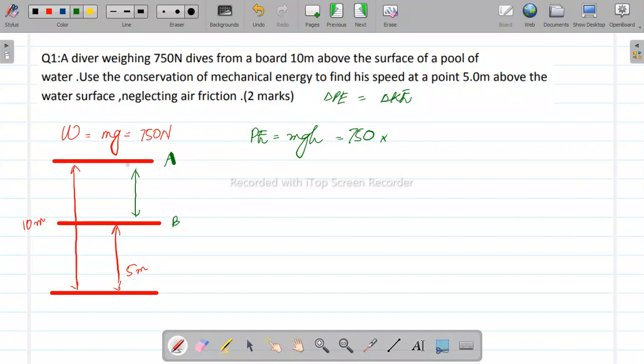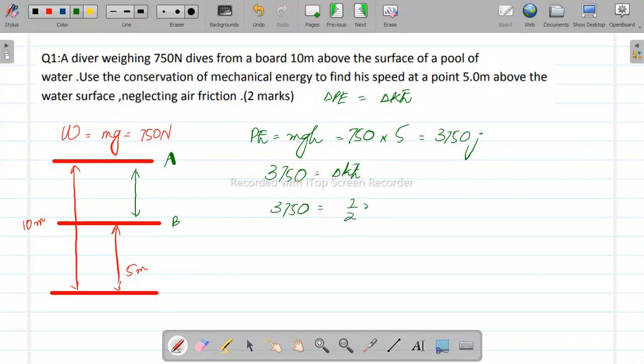This makes us conclude that we have to place this height. And if this is 10 and this height is 5, so obviously this would be 5 meters. We write 5 here. So we have change in potential energy. We just need to equate it to the change in kinetic energy. This product is going to give us 3750, of course, joules being the change in potential energy. Now we'll keep this as the change in kinetic energy, and we know that